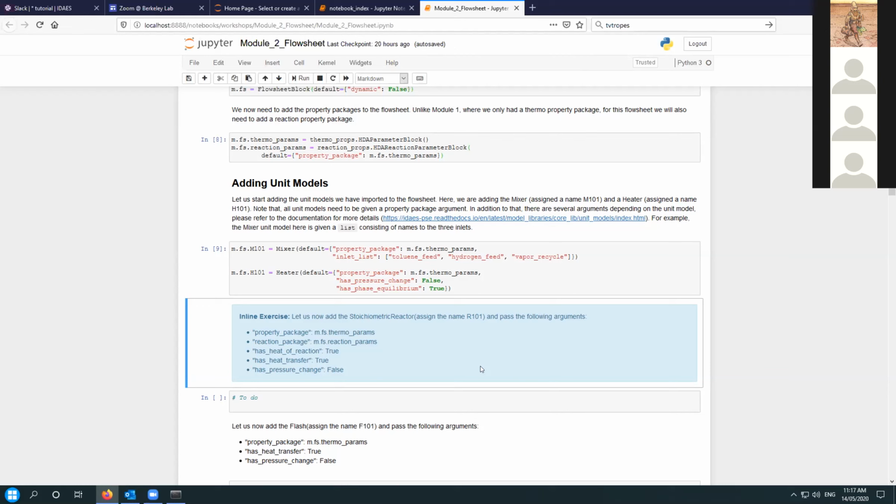And we also have the ability that if, for example, you want one property package for the first half of the flow sheet and a different property package for the second half, because one part you want to keep really simple, the other you want rigorous detail, or the state changes sufficiently that you need different sets of parameters. We also have what we call translator blocks, which basically just represent a node in the flow sheet where you change the property package for a given stream. So the stream coming in has one property package, the one going out has a different one. Beyond that, you can have as many as you want in a flow sheet,